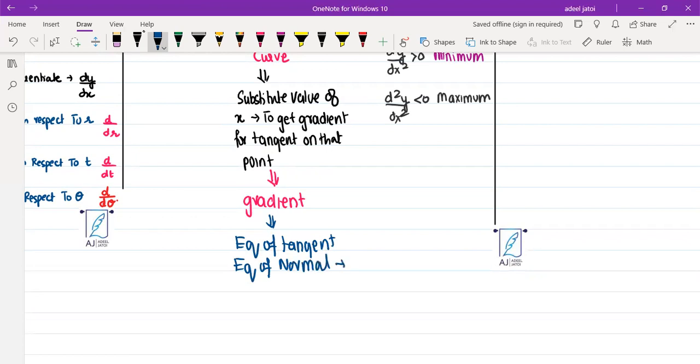Your equation of normal means perpendicular to the tangent. That means your equation of tangent will be the line at the point, and the equation of normal will be the perpendicular line from that particular point on the tangent, which means